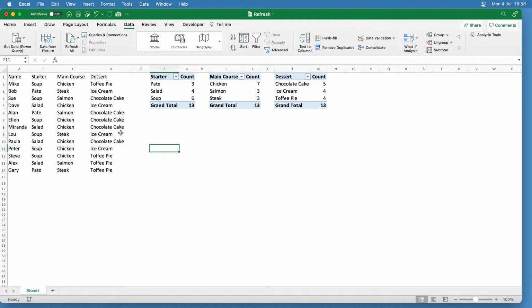It has also changed the column widths, because I haven't set the Do Not Adjust the Column Widths option on those 3 pivot tables. So that is what you do to refresh. But the problem is, if you added more data, that would not help you. So if I just added some more data, so John wanted pate and steak and ice cream, but if I do a